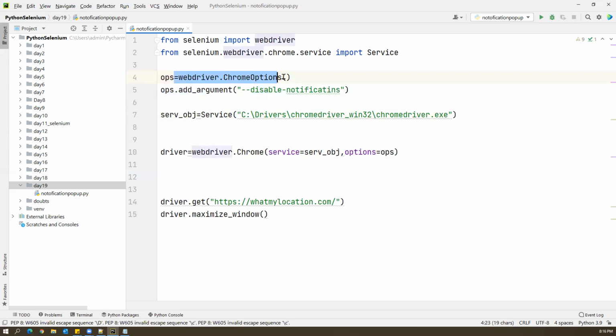Okay, so webdriver.ChromeOptions will create an object, and by using this object, we need to set one argument for the browser level, disable notifications, and then we have to pass this OPS along with the service object. Along with the service object, by separating with a comma, we will also pass this options object here by using the keyword options equal to OPS. Now with this particular setting, as soon as you launch this particular website,